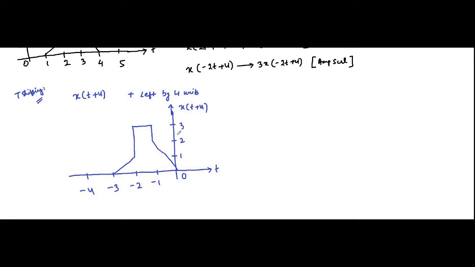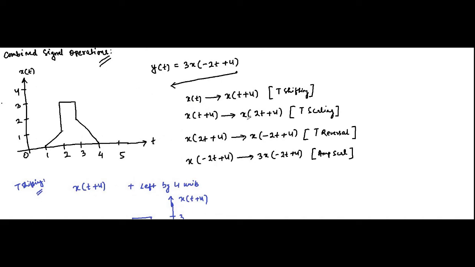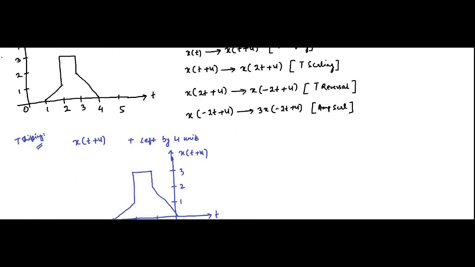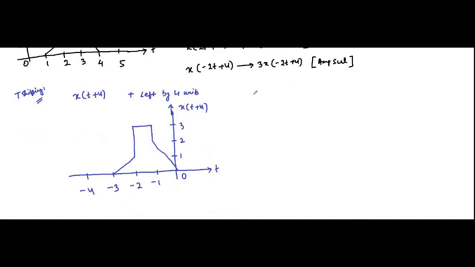Next we have time scaling, x(2t+4). For time scaling, you know that the coefficient of t, the thing which is getting multiplied or divided with t, is very important. So here 2 is getting multiplied with t. It means each and every point on the time axis will get divided by 2 to perform time scaling. So the time scaled signal will be